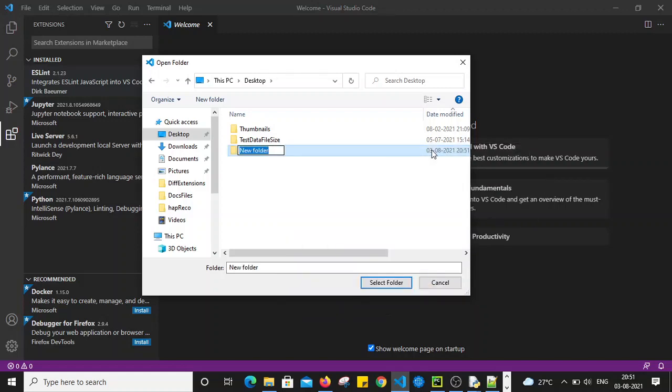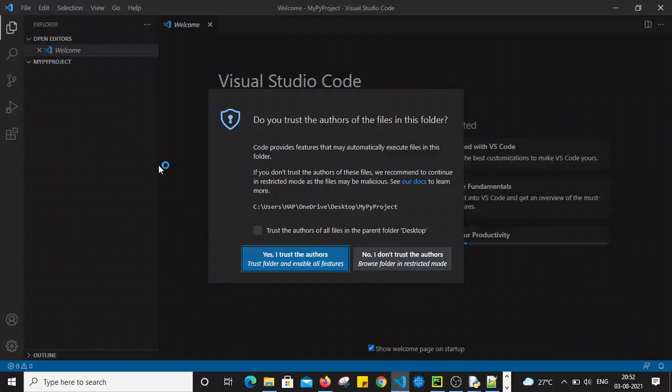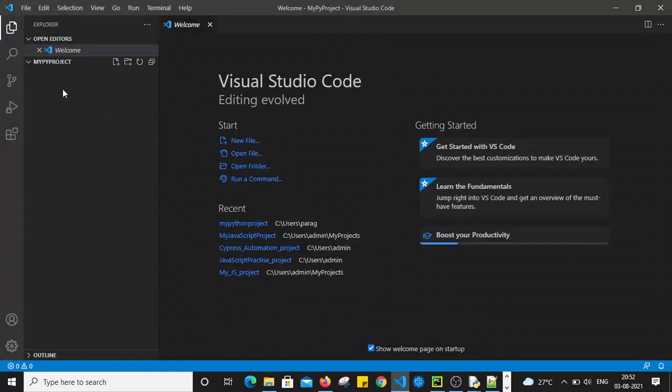Let's give it the name my Py project, and let's select this folder. So we have added the folder in which we are going to create our Python files.